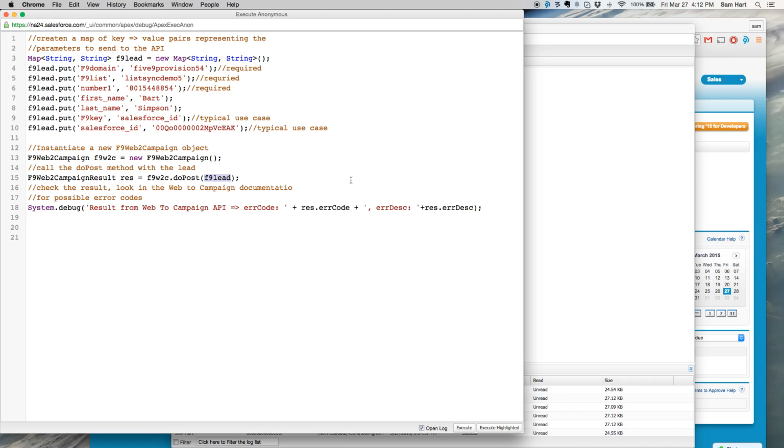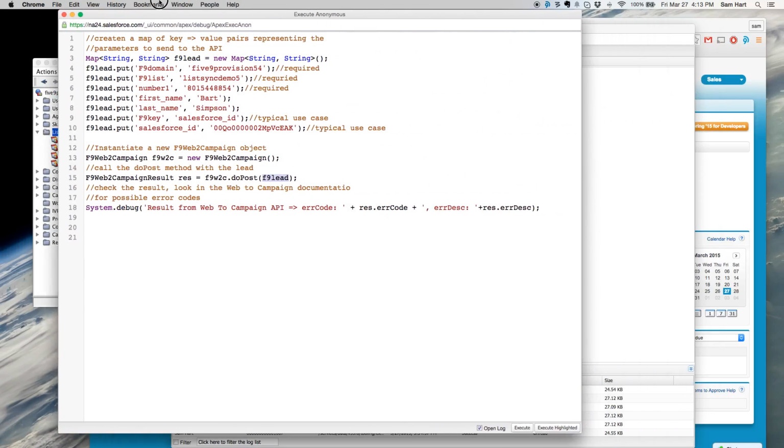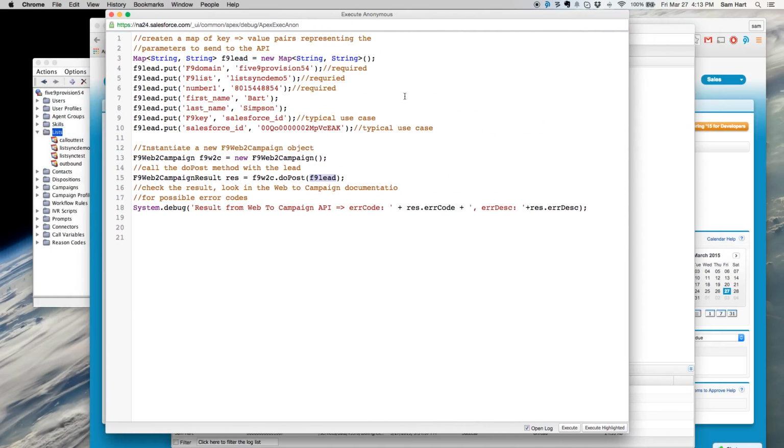All of the error codes are described in the documentation. We're just interested to know that an error code of 0 means success. And then there's a more human readable, descriptive description that you could use to display back to your users or whatever. This is going to be a bad lead because there's not a Five9 list named that. So if we go ahead and execute this,